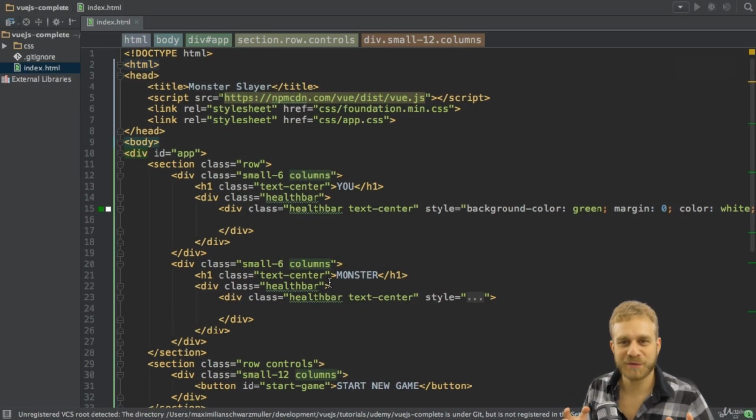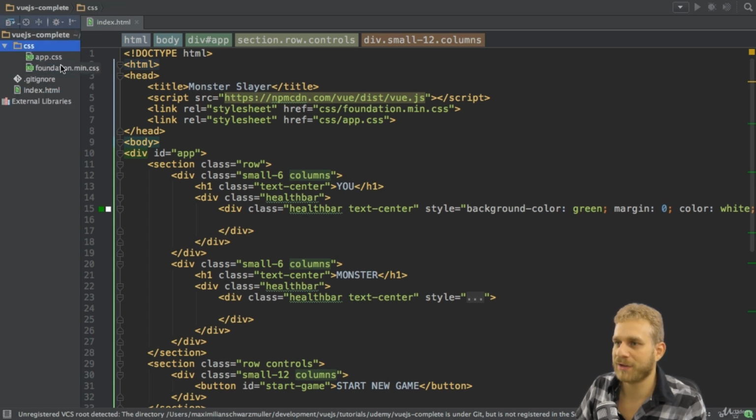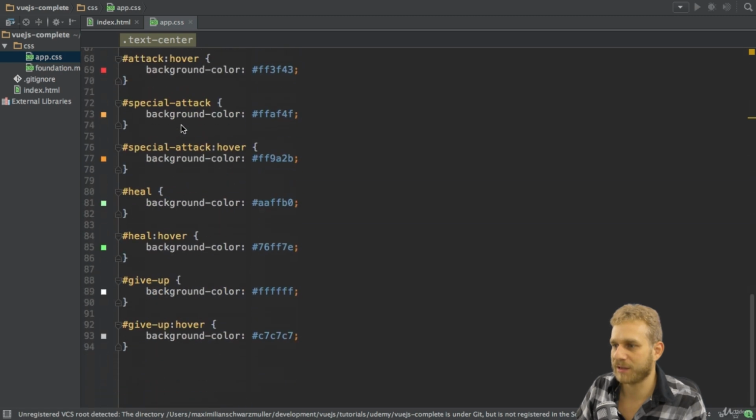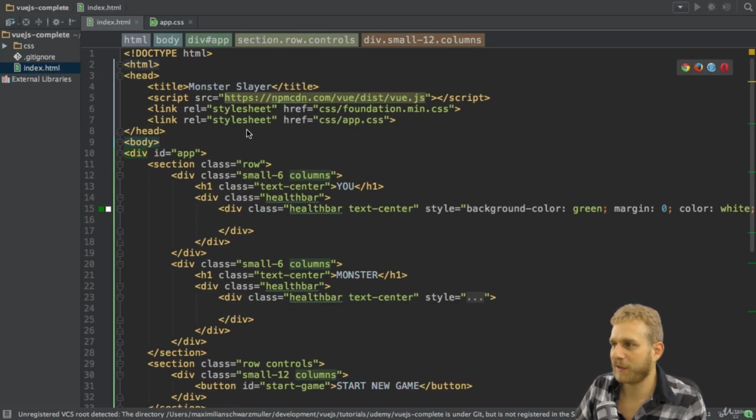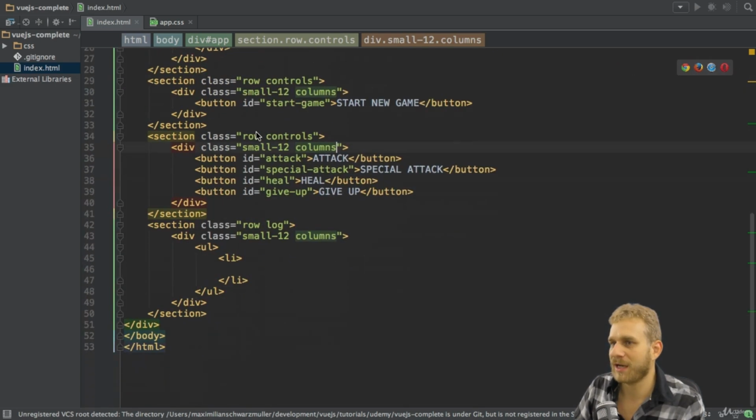So, were you successful? Let's build it together. These are the assets you got. The CSS files for the foundation grid I'm using, and my own CSS file for the styles I'll use throughout this project here. Then I got the index HTML file with obviously the HTML code, and now it's time to